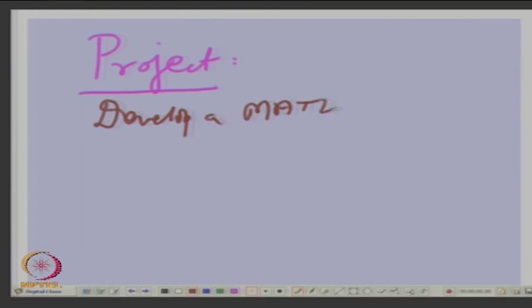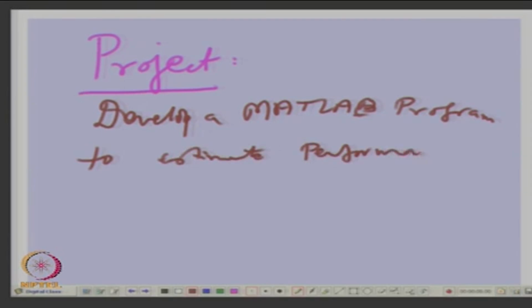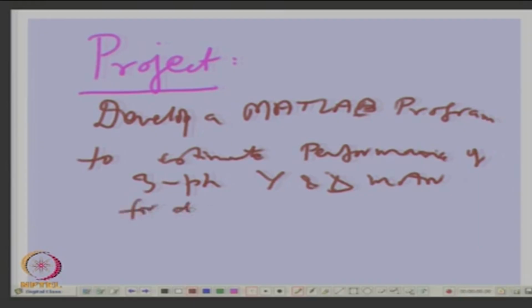So, I think some of you can take it as a project. Right. So, you can say: develop a MATLAB program to estimate performance of 3-phase star and delta motor, okay, for different speeds at suitable XC,